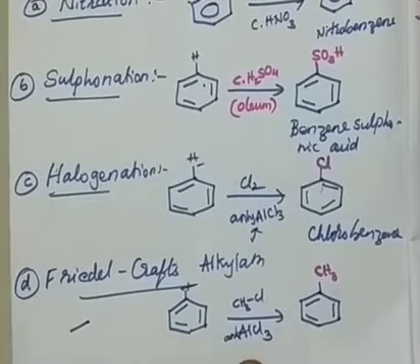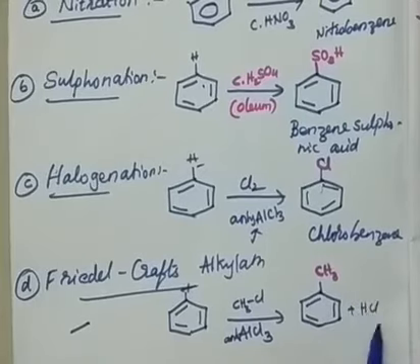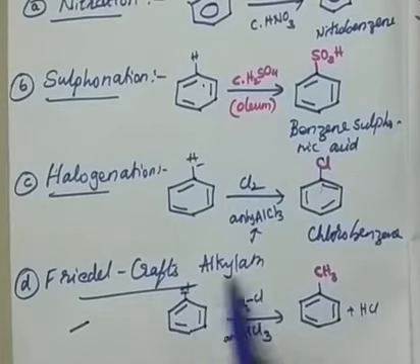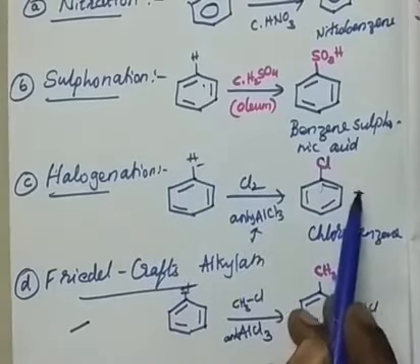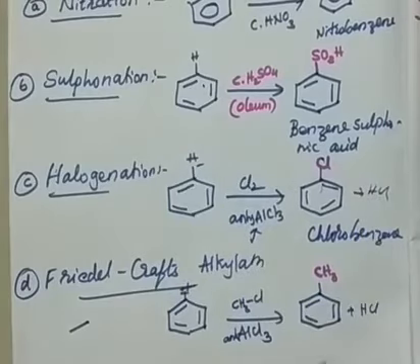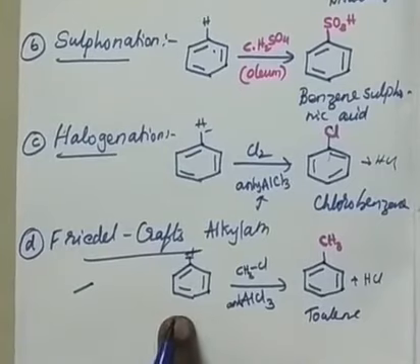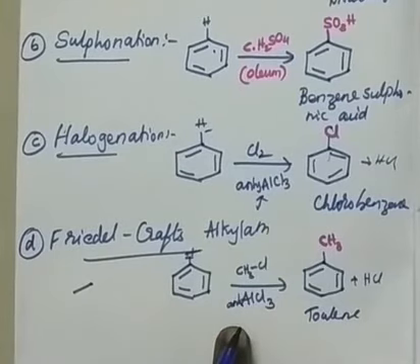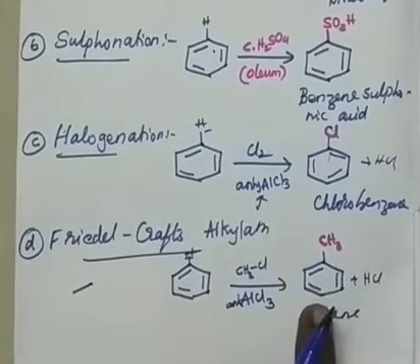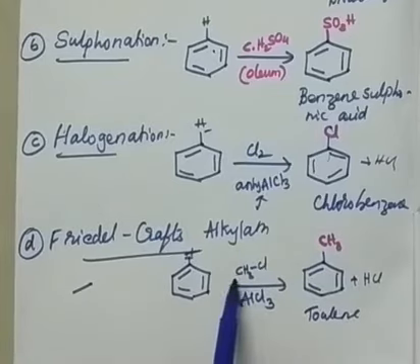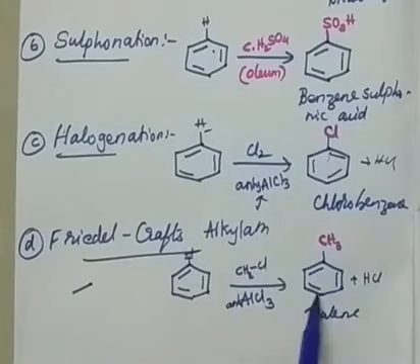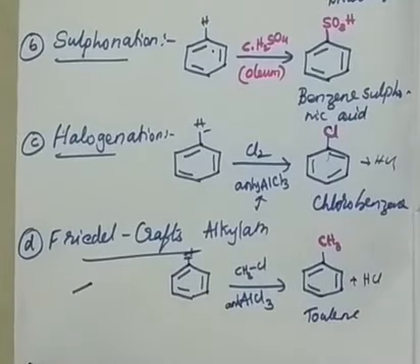Anhydrous AlCl3 catalyst is required here, and the byproduct is HCl, because this H and this Cl will go off. So this is your methyl benzene, or I can call this one toluene, right? Again I repeat, benzene on reaction with an alkyl halide in the presence of anhydrous AlCl3 will form alkyl benzene. For example, if I had taken ethyl chloride, I would have gotten ethyl benzene. Okay, then the last one, the fifth one, is Friedel-Crafts